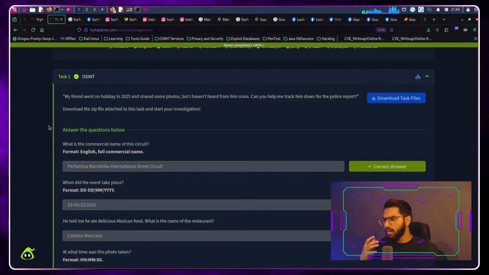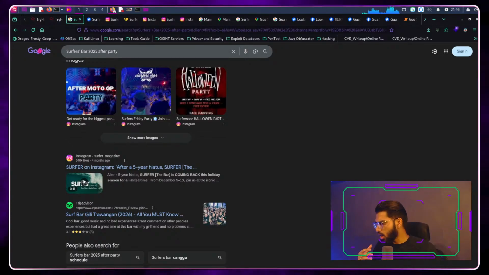Now, when you think of open source, or let me just put my face right here. When you think of finding or gathering information, we always think that there is going to be some CIA type of tool or some kind of sophisticated tool where you identify the person's face and then all their information just comes out. No, we as professional hackers perform any kind of searches and search engine related searches on a web browser, just like how we normally search for anything on Google or any of the search engines. We just search with that.